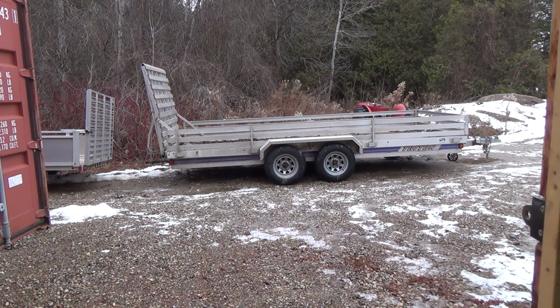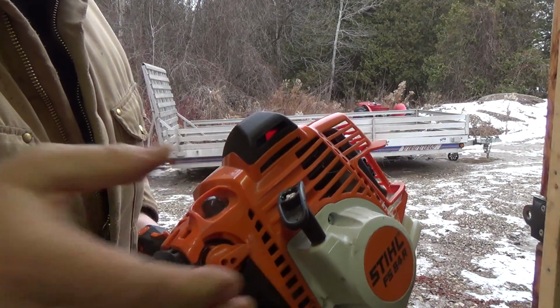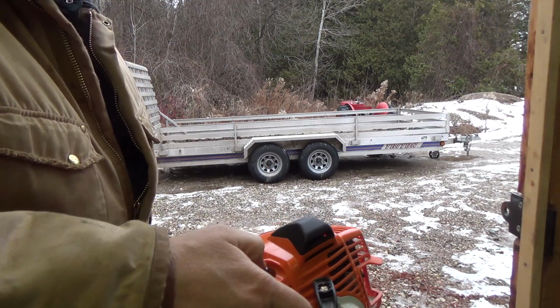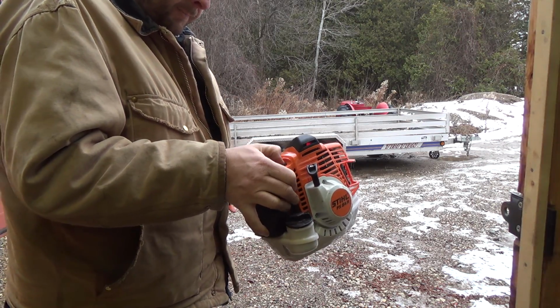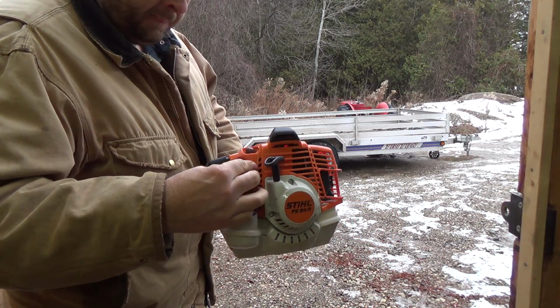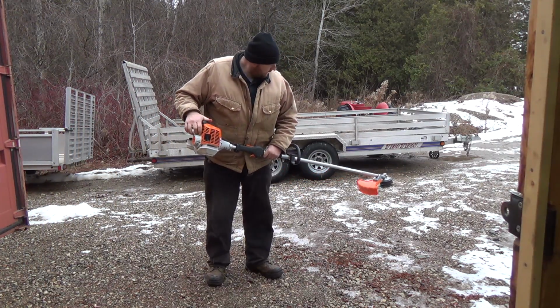There's nothing like a sweet trailer for a background. Alright, let's see if we can get this thing to go here. Sometimes sitting is the worstest thing ever for them, but worstest, that's a new word for today. Worstest. Oh, we got fuel primed up even. That's good. Alright, we'll set the choke. And